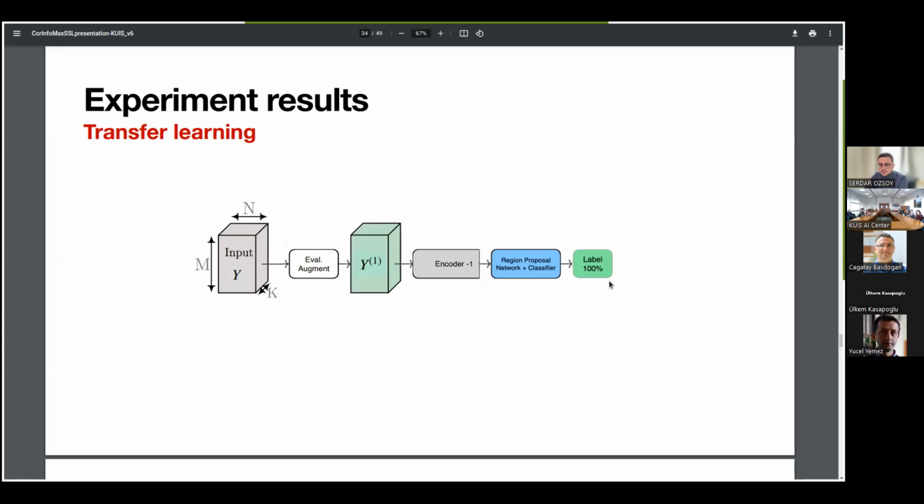And to do that, the setting is, if you look at the encoder here, it's cropped, and this is because we take the first 4 blocks of ResNet. This is also called a C4 backbone based on ResNet. And we basically use this in a Mask RCNN model. Again, the encoder is frozen, so there are no gradient updates that flow to the ResNet backbone. And then we basically add the region proposal network and the classifier parts of Mask RCNN, and we use the entire data set in this scenario.